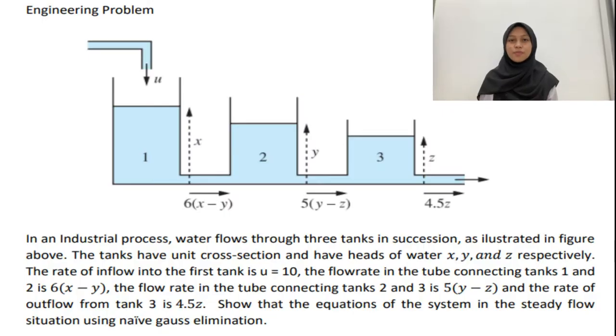This is the problem we found in an industrial process. It is the flow rate of a water tank. In order to solve the problem, we focus on solving linear algebra applications by using the naive Gauss elimination method because we want to find 3 different variables for the flow rate of water in different sections